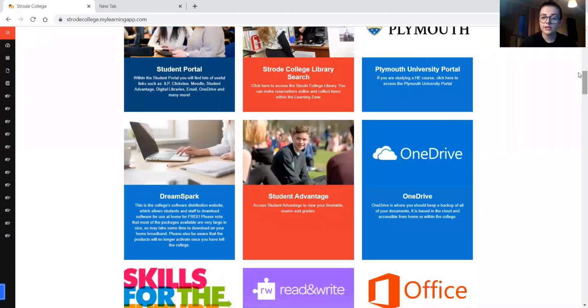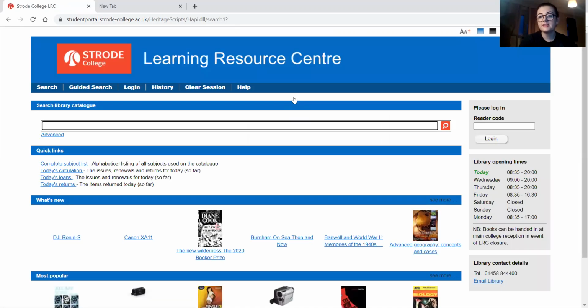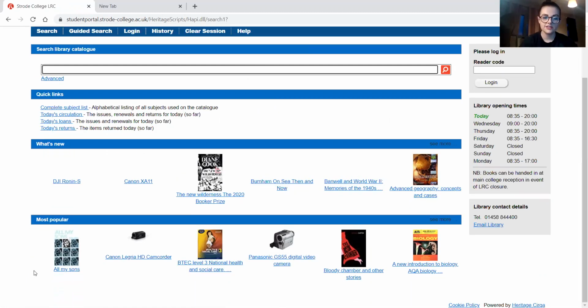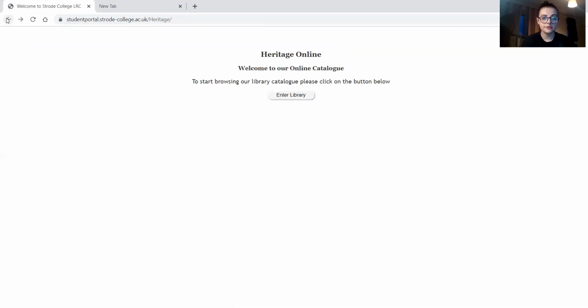You've also got your Stroud College Library search. So obviously we can't go into the physical library at the moment if you aren't going in. So you can enter our library online and you can search for books, textbooks, and see if it's something we do stock. As you can see, what's new in the library or the AV centre, what's been popular. So that's a really good one to have. So if I take you back to Moodle,